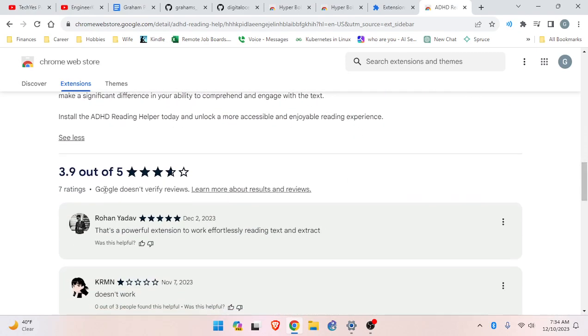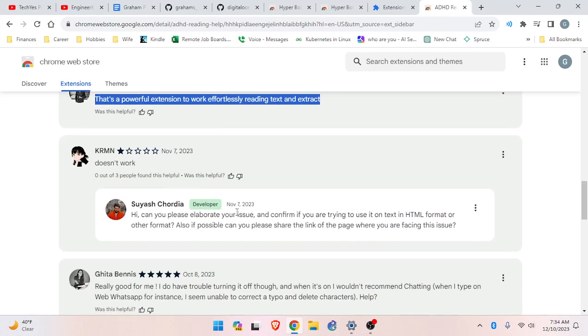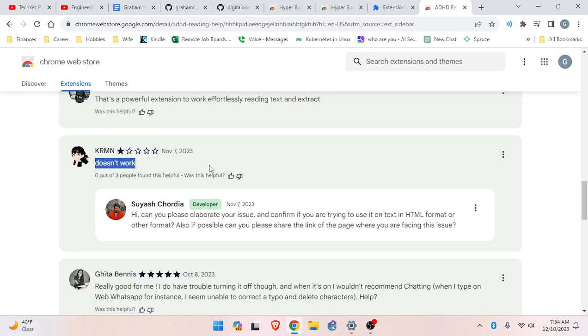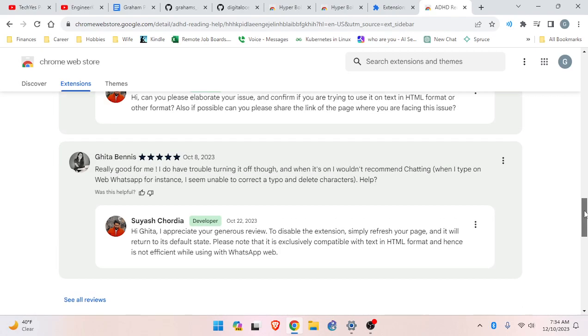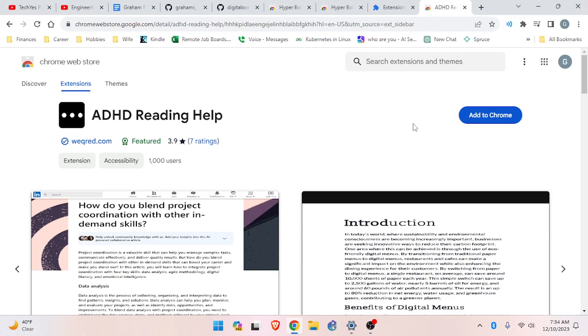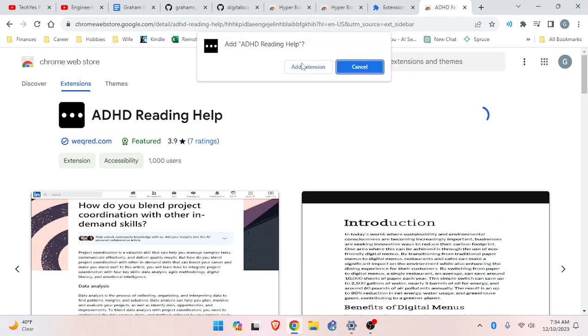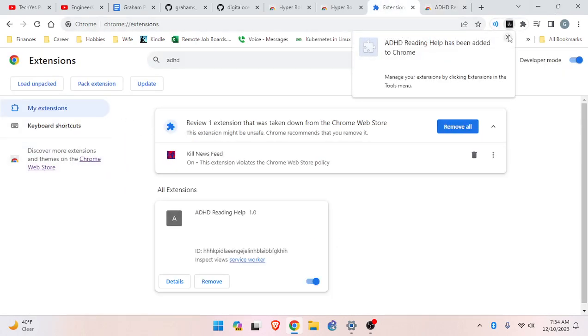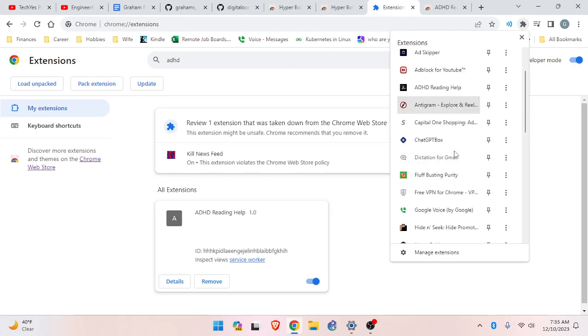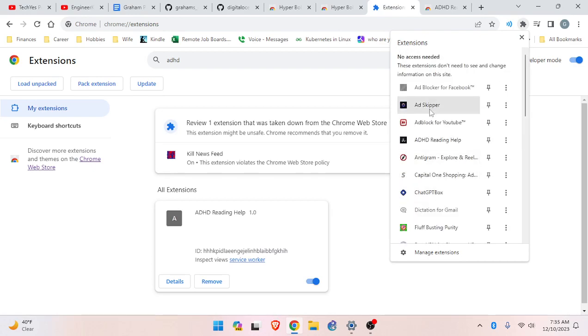All right, so I think I'm gonna try this one instead. It looks like the first review is much better. You never know if reviews are made up or not, if they're done in good faith or not. But I'll try this one instead because I want to have that comparison. The one that I was using before, I do need to uninstall because it just doesn't work.